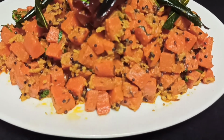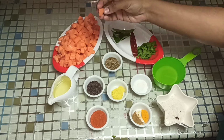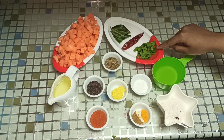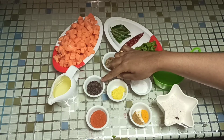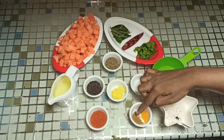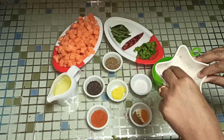So let's begin and have a look at the ingredients. Here I have taken 4 medium-sized carrots, washed, peeled and cut them into small pieces. Few curry leaves, 1 dried red chili, 1 tablespoon coriander leaves for garnishing, 1 teaspoon cumin seeds, 1 teaspoon mustard seeds, 1 teaspoon ginger garlic paste, salt as per taste, 1/4 teaspoon turmeric powder, 1/4 teaspoon garam masala powder, 1 teaspoon chili powder, oil 2 tablespoon, 3 tablespoon fresh grated coconut,